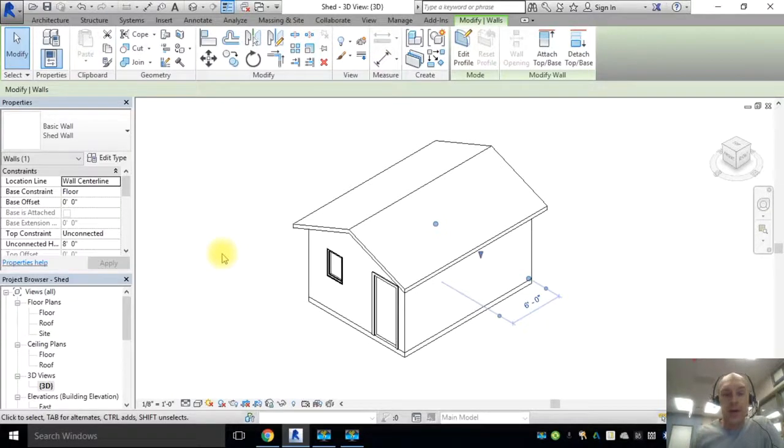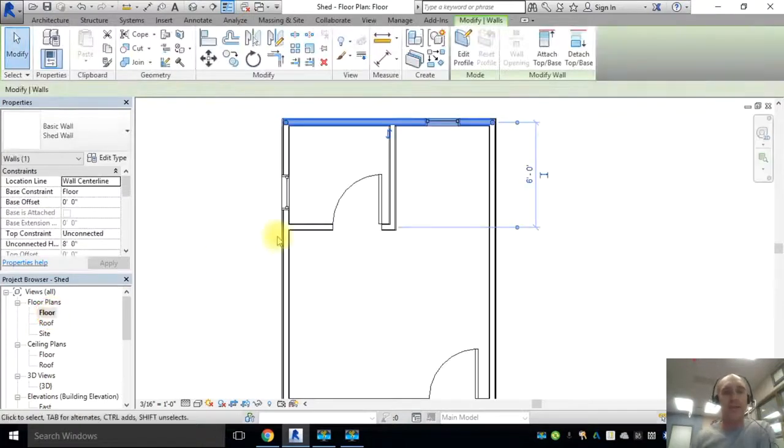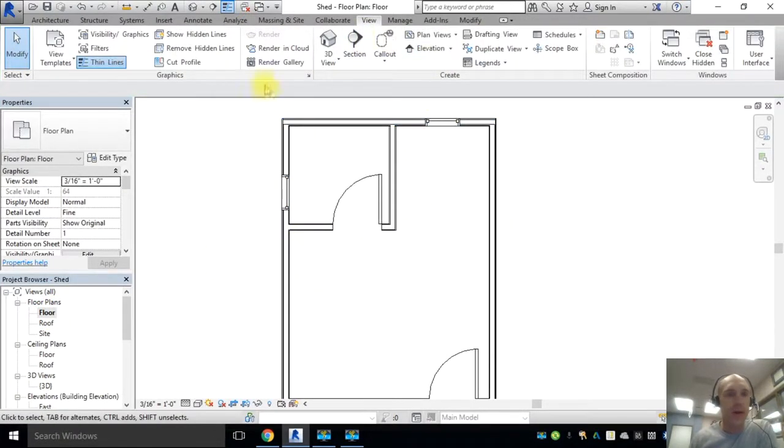You made it a long ways. Your shed is just about done. This is the 3D view, so let's click on floor plan so we can add our final annotations. Right now I have mine set to thin lines. If yours shows up thick like this, you want to go to view and then thin lines so we can